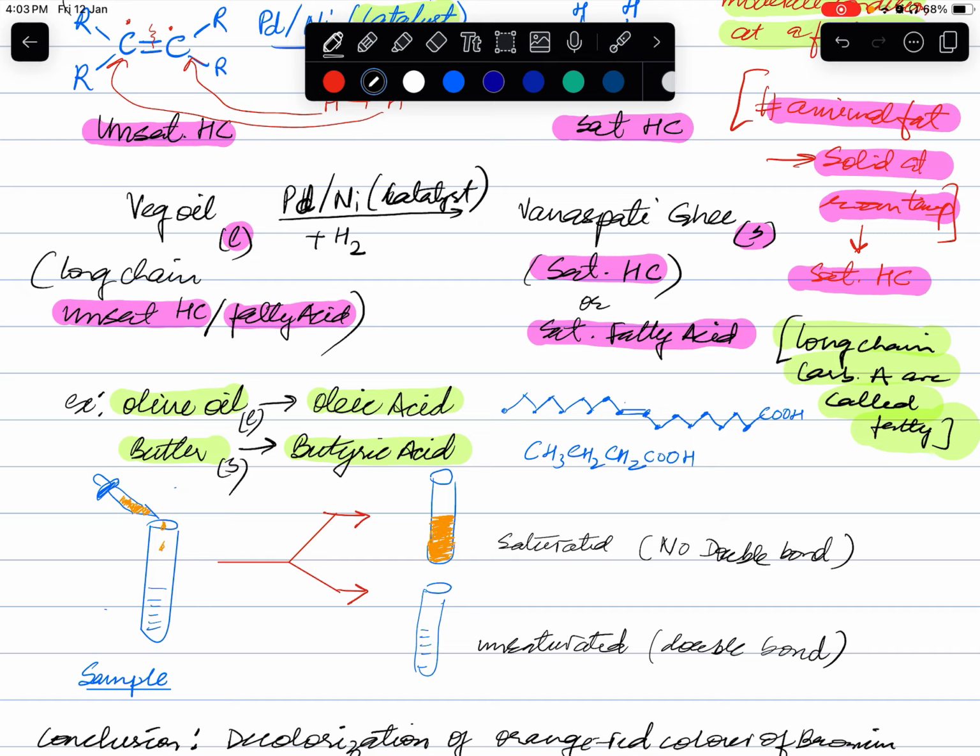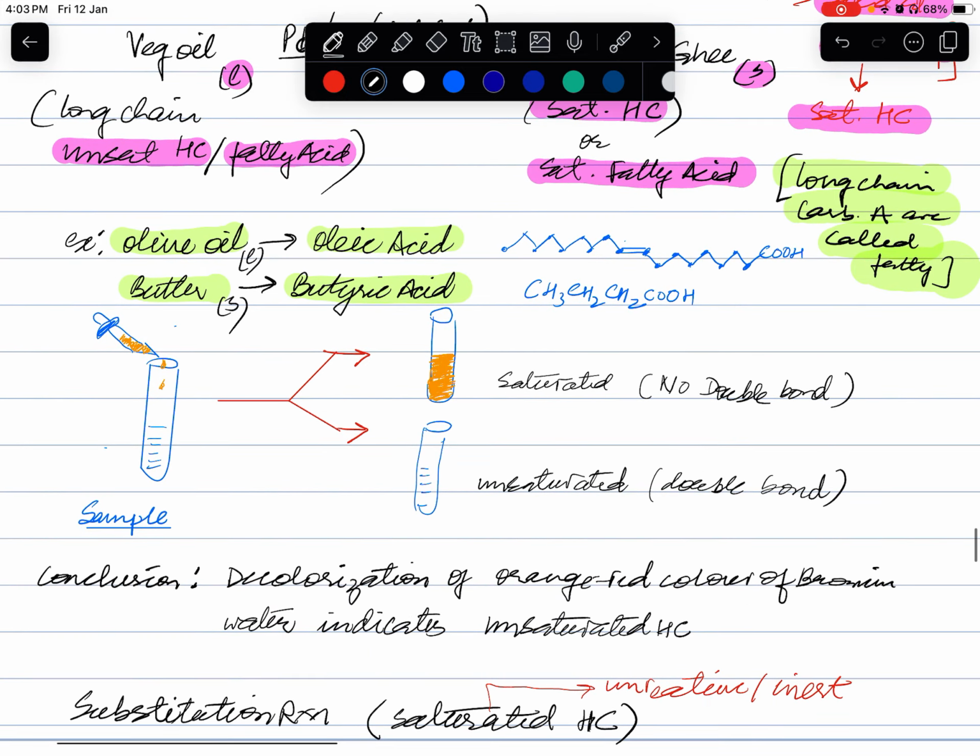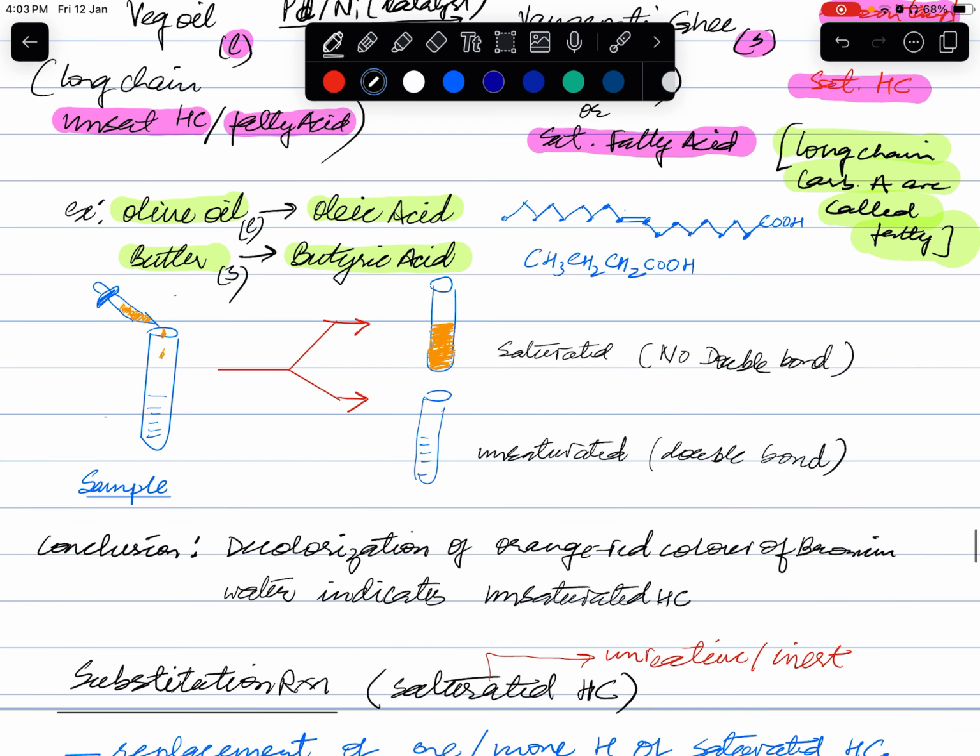So this is all about addition reaction. Now in the lab, how can we differentiate? Suppose you are provided with a substance. For example, in a test tube you are provided with a liquid and you have to confirm whether it is saturated or unsaturated. How to do this? Okay, what we do is, in the test tube where we have the sample, we add bromine water. So with the dropper, what we are adding here is bromine water